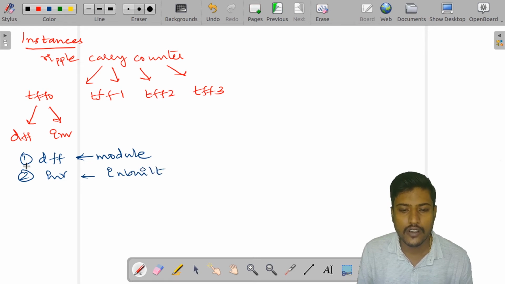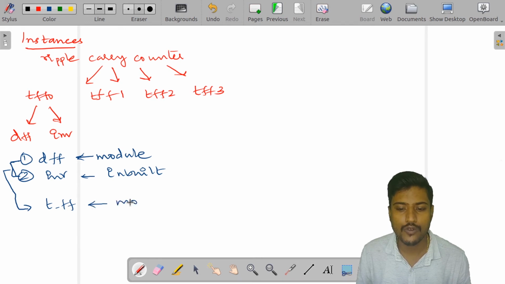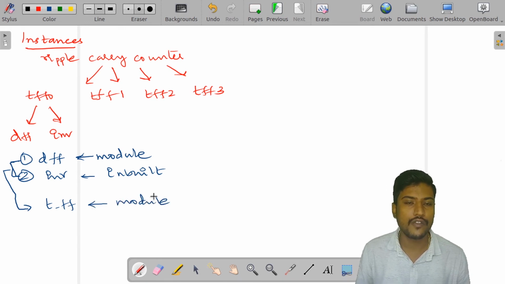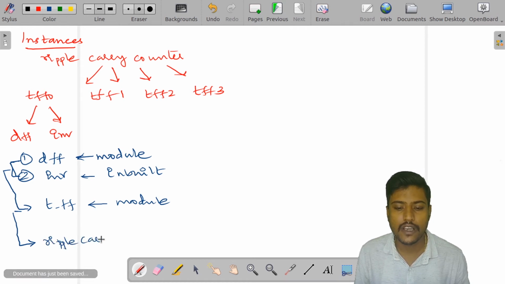Taking these two modules, I should create a module for a T flop, and once I have created a module for T flop, I will be coming up with the ripple carry counter.